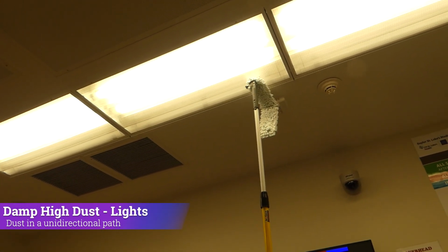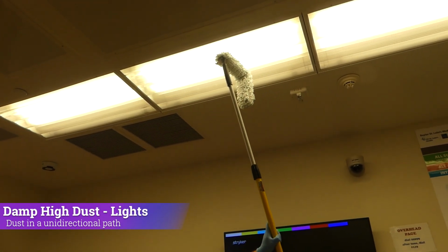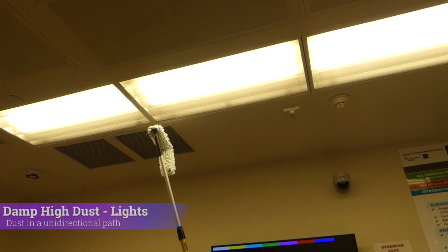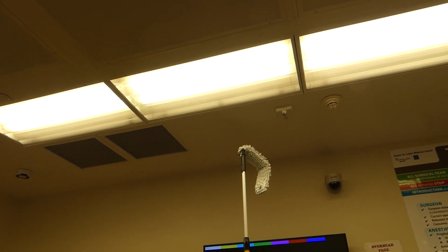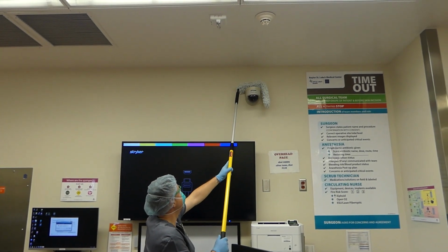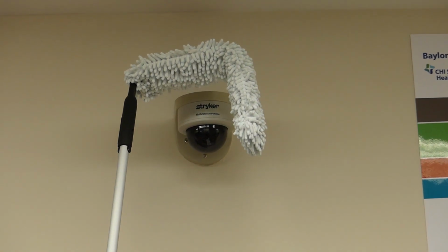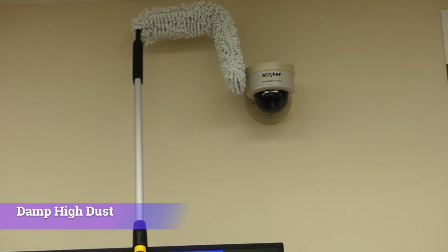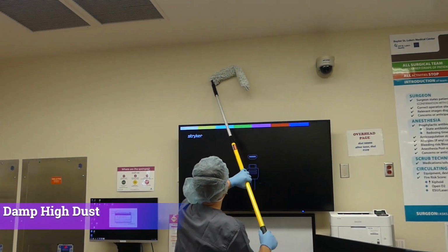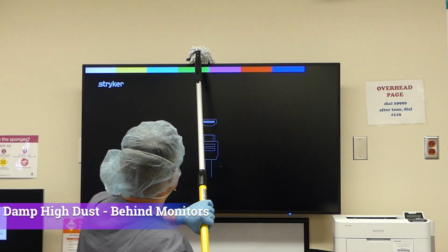In an intentional and deliberate manner, apply consistent pressure to the microfiber high duster sleeve. Protruding surfaces on the walls should be cleaned and disinfected carefully. All horizontal ledges, above light fixtures, all cracks and crevices, behind TVs and monitors,